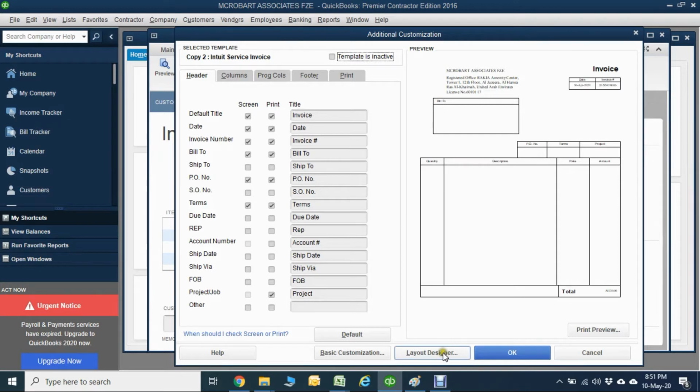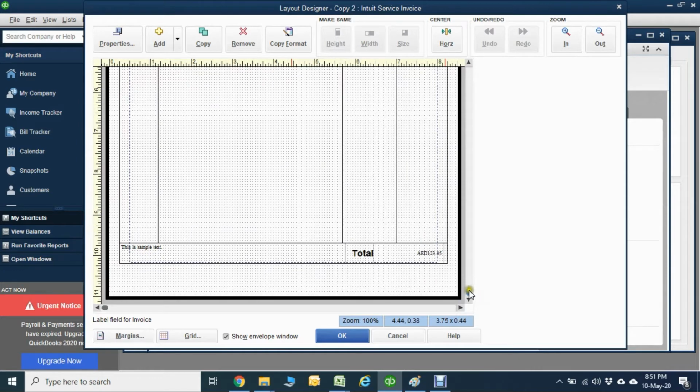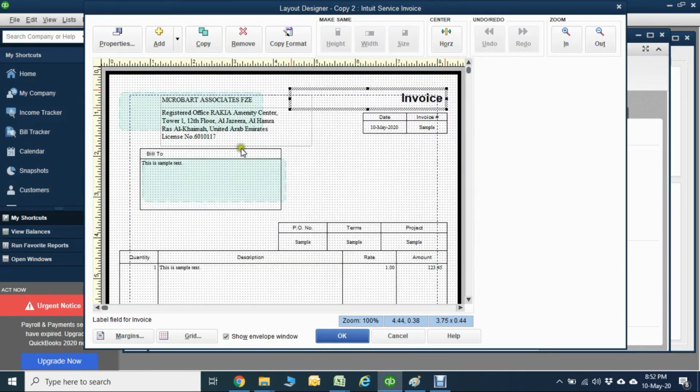Then if you come to the designer, it will show here all the designs, how it was made, and it is at the row level. You can change it wherever you want. Okay, let's start very quickly. I will start from the top. Okay, this one, invoice. Let's make it 20.